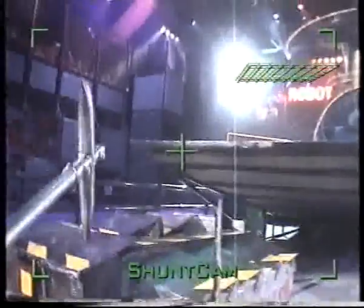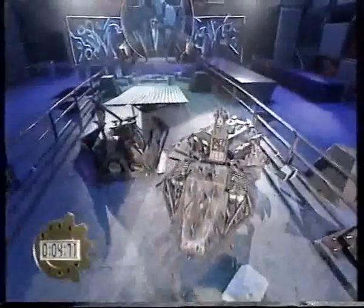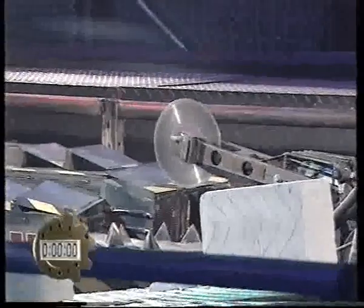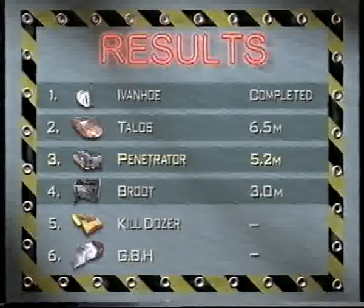I think now it's a question of damage limitation. And we've got Shunt around. Oh, and Dead Metal as well. That's always a problem. There's the dead circular saw of Dead Metal. So far, the steel plate construction holding up well. But Dead Metal forcing Penetrator back. Have they done enough? That's the big question for Andrew Kettle and Stephen Lister. There's the original push on the wall. They got down the course and then Dead Metal forced them back. But 5.2 metres, they're okay. 11-year-old Ben and Brute aren't so